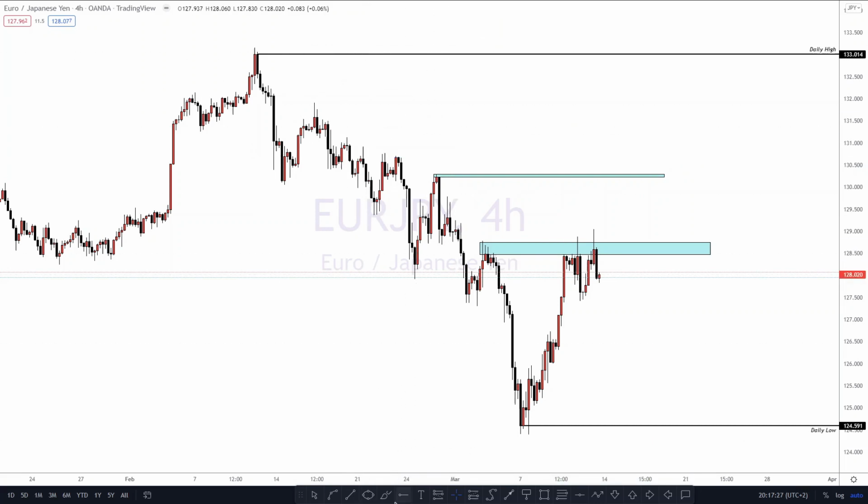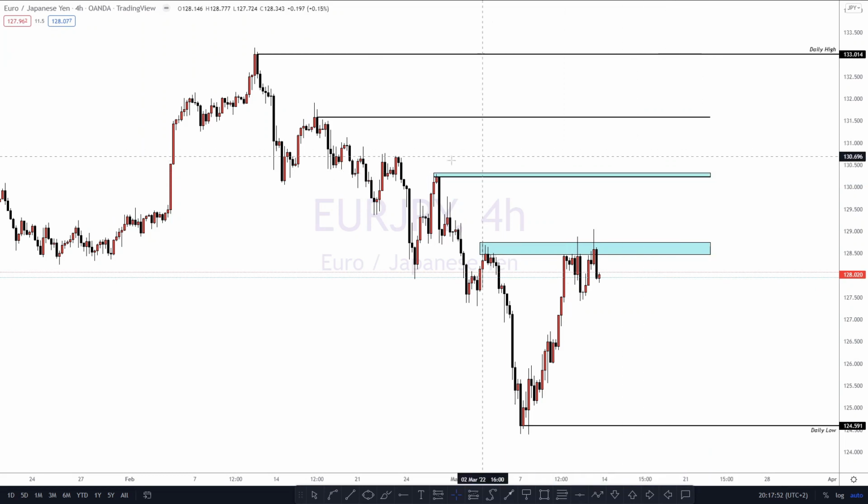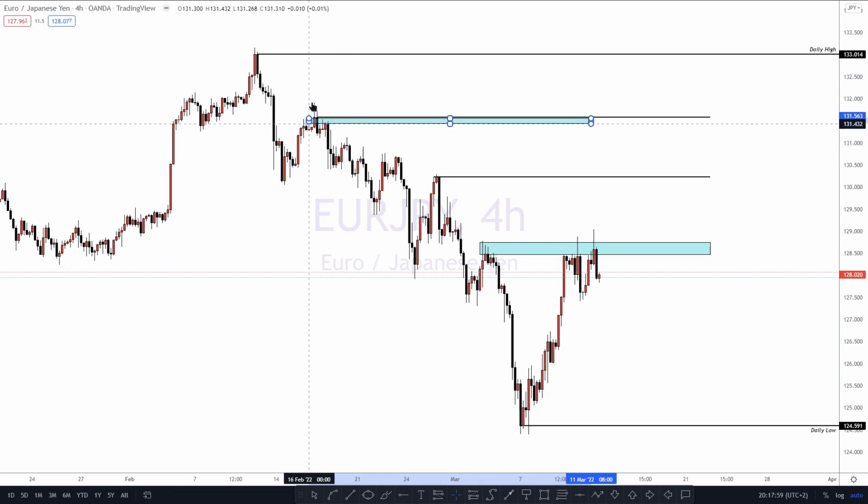But if price decides to go up, then these are the type of levels that we'll be focusing on. I just plot these two because those are the ones that make sense to me, and then that's it. So we'll be focusing on these two, and from there, yeah, let me just also duplicate this. Don't know why I took it out, but I wanted to duplicate it.